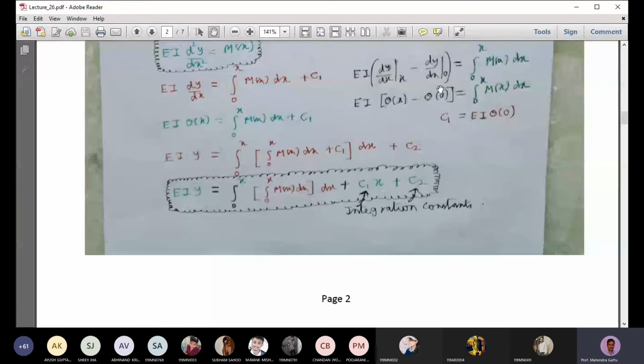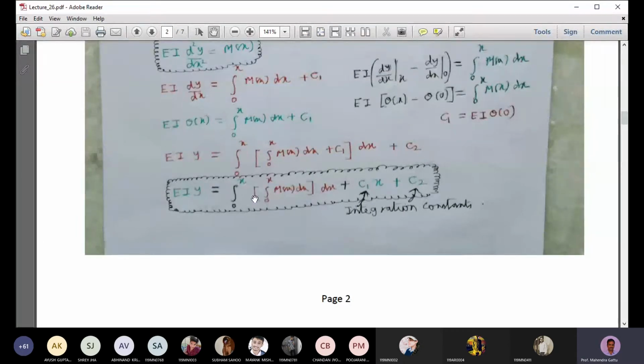So what we will do here, we have this equation EI first derivative of y. We'll integrate it one more time. So we'll have EI y is equal to, we'll integrate this entire term with respect to dx. So this entire term, integral 0 to x of M of x dx plus c1, we're integrating with respect to dx. So again the limits will be 0 to x. When you're doing it, we are getting the second constant too. So this is the second integration constant. We'll take c1 dx, integral 0 to x as c1x, and c2 will be there.